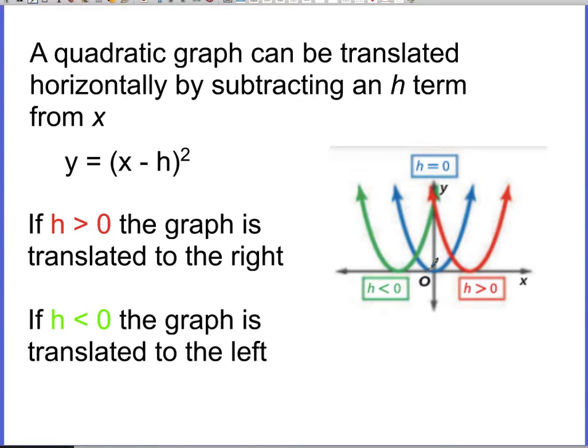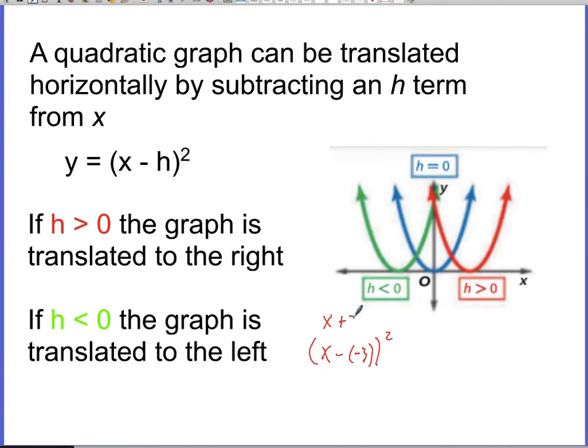But if we subtract a negative number, it's going to move to the left. If h is less than 0, the graph moves to the left. That is, if you subtract a negative number. Well, what happens when you subtract a negative number? So if we have x minus negative 3 squared, that's going to tell me that my graph